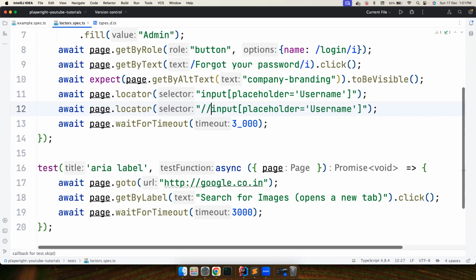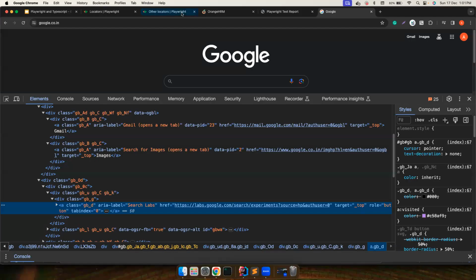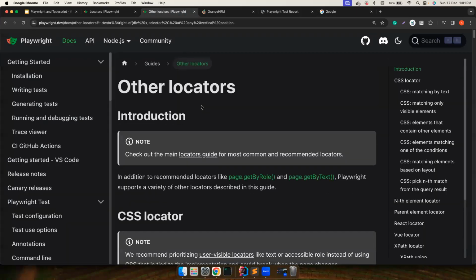But let's say if you want to find an element using XPath, you could also do something like this, right? This is also possible, and this will obviously work. Okay, I don't have to write it for you guys, but it also works. There are a bunch of other locators that you could try. For example,